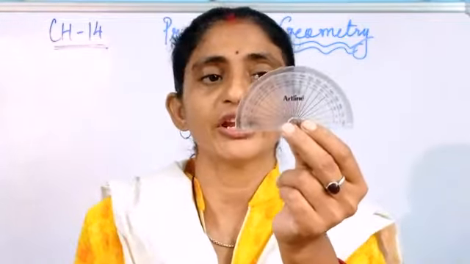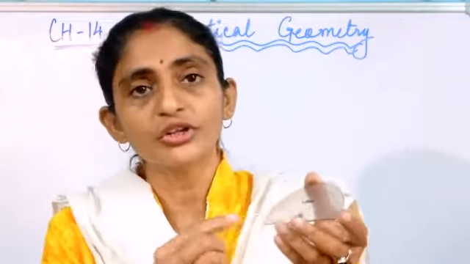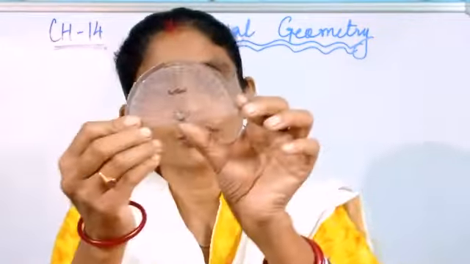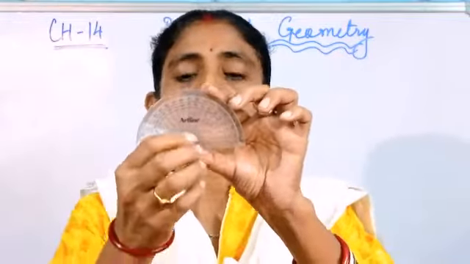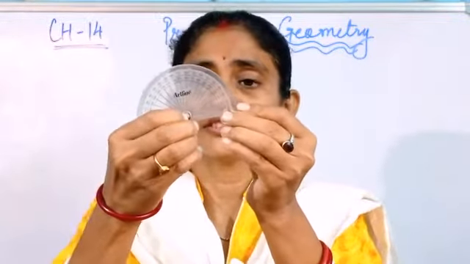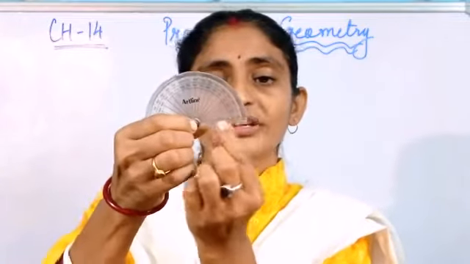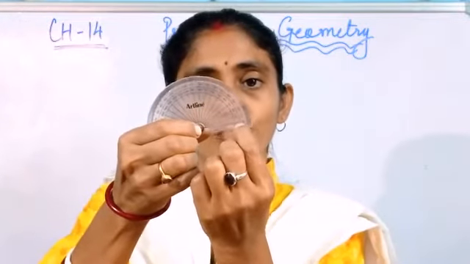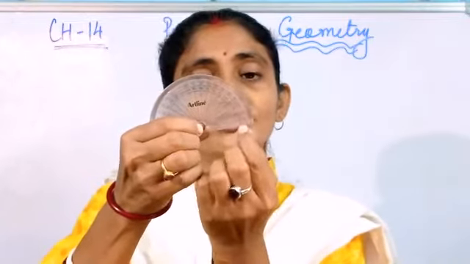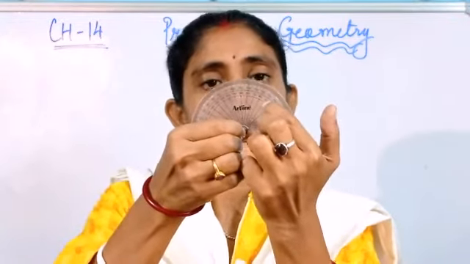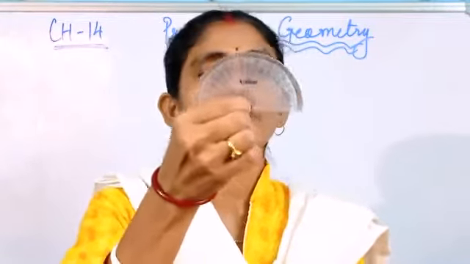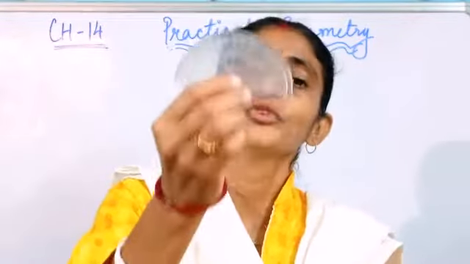Suppose you are asked to draw an angle of 60 degrees. So what will you do? You will draw a line segment, then you will put this protractor. I will teach you all these things. Then you will consider the starting point as the center. Then the baseline you have taken will be 0 degree. From 0 we will start counting. If this is the baseline, then we will consider this side, and in this way we will increase from 0 to 10, 20, 30, 40 in this way. Here where you are getting 60, yes, this is 60. So the measure of this angle will be 60 degree. So in this way we will draw the angles by using the protractor.